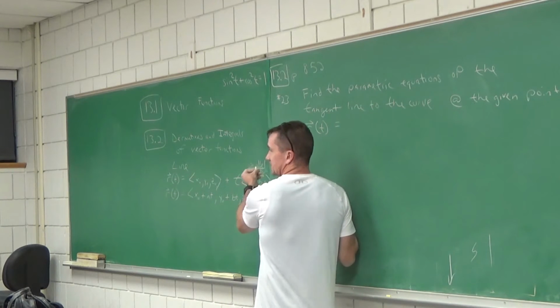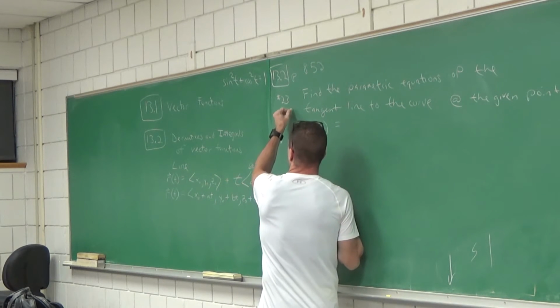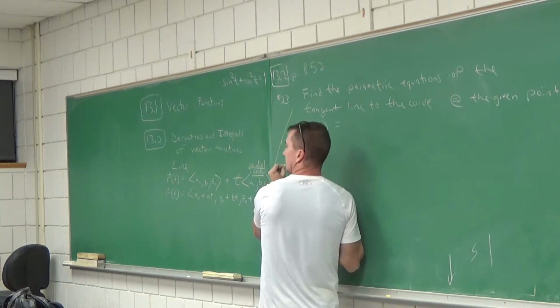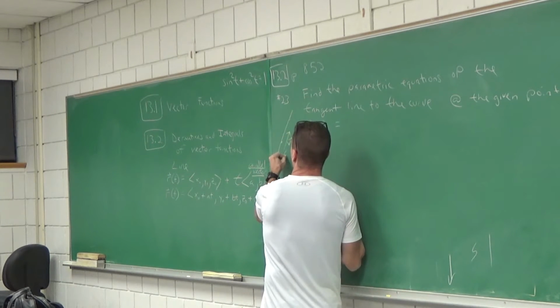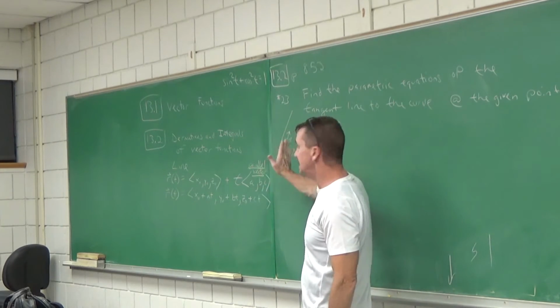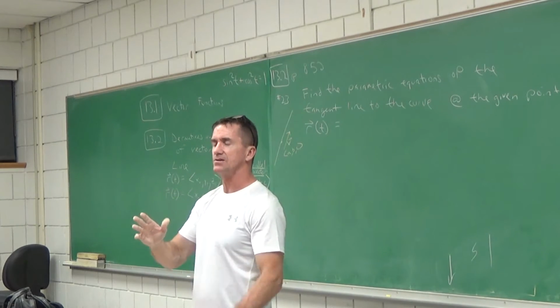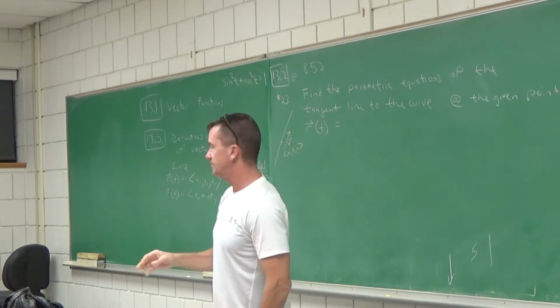So now I'm going to draw a picture. Sometimes just a little picture helps. You've got a line, you've got a point, but we're looking for a vector that runs parallel to it and has the components A, B, C. Well, we need a vector that's going to be parallel. That's going to be key in this problem. We need the parallel vector at that point off that curve.